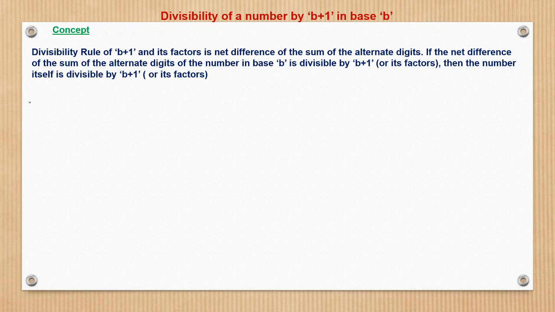So again here we'll start with a decimal system, because whatever is true in decimal system, similar analogy would be applied in other bases also. So what happens in decimal system? See, if n is given as abcde in base 10,